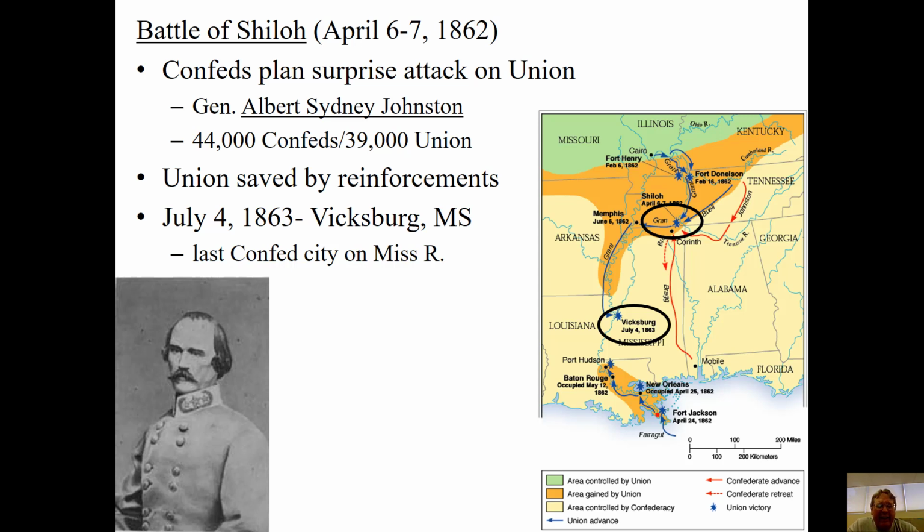And after a year of cutting it off, isolating the town of Vicksburg so they can't send people in or out, can't bring supplies in or out, the people of Vicksburg and the Confederate forces in that city are eventually forced to surrender when they run out of food, run out of supplies, and people are dying of starvation. They surrender, and that is the last bastion of Confederate forces in the West. The Mississippi River is now completely under Union control, and they can start tearing apart any state that they want to along the Mississippi River.